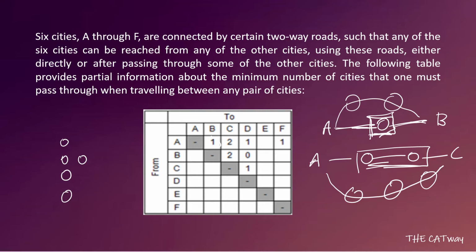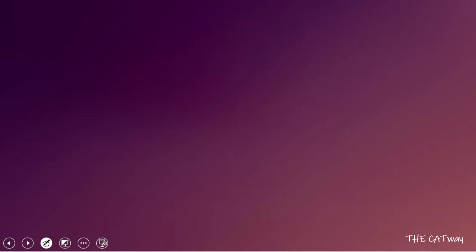Now with E we haven't been given any information, but we know that every city is connected to at least one city. Now A is not connected to B, C, D and F. A is not connected to these four of them. So that means A has to connect to E at any cost. So let's connect. We have a first route where A is connected to E.